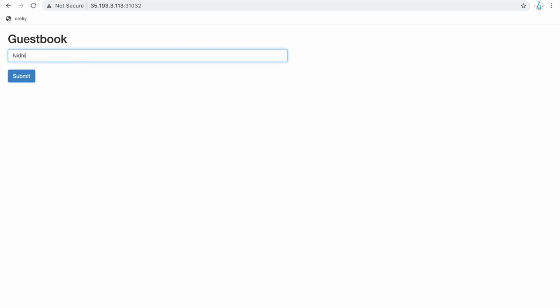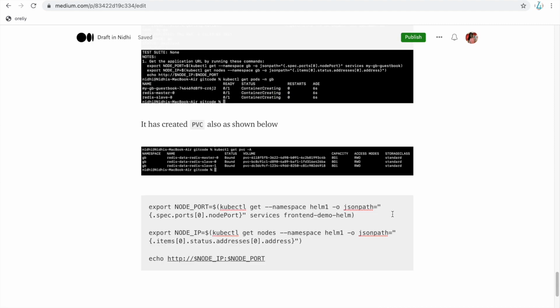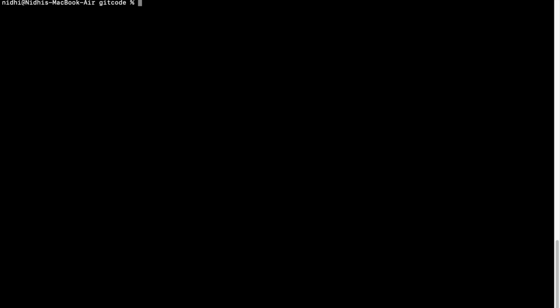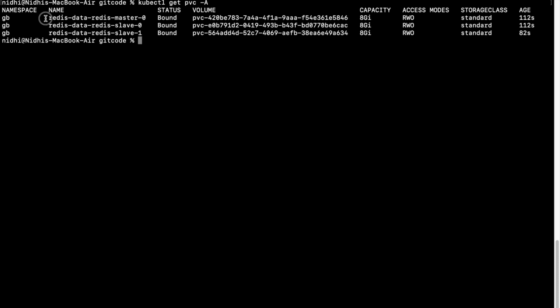Okay, and here you can see that it is saving the data in the database also. Like if I do this, here you can see that it is saving to the database. So this is how you can validate that yes, it is using the Redis database, and it is able to save your data. Obviously, as soon as I refresh it, for this particular session, this will not go, this will remain here. Okay, so this is how it looks, and you can see that it has created the PVC, persistent volume claim also, which Redis is using. Here you can see that it has created the Redis master and the slave.